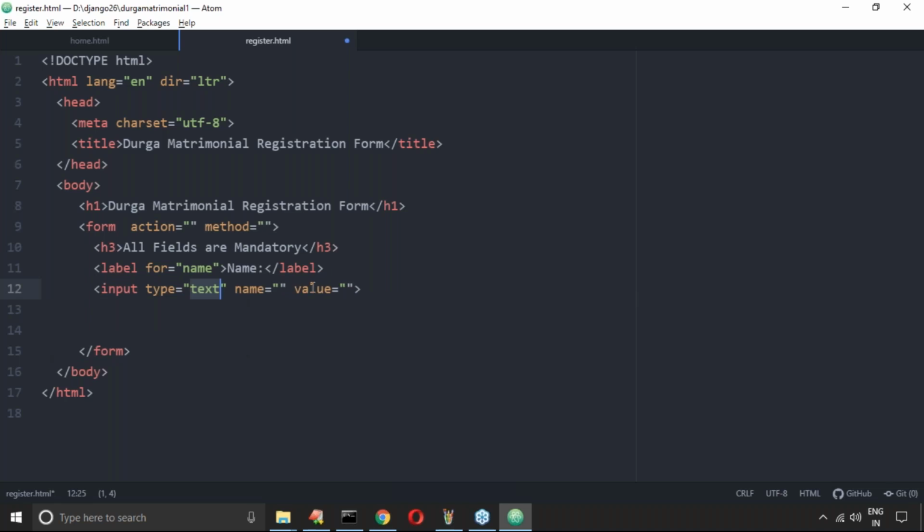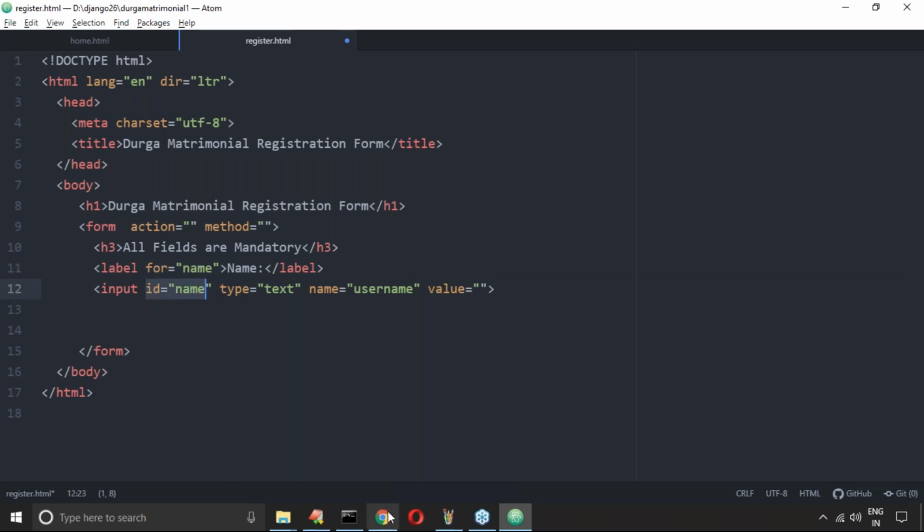Now I want to associate this name label, with for, to the input tag. Input type is equal to text. Name is equal to username. Value. Have you remembered, right? There is one important point you have to take care. I have to associate this name: ID is equal to name. Can you please confirm, sir? Have you remembered? ID is equal to name. So the label for and the input ID must be the same.